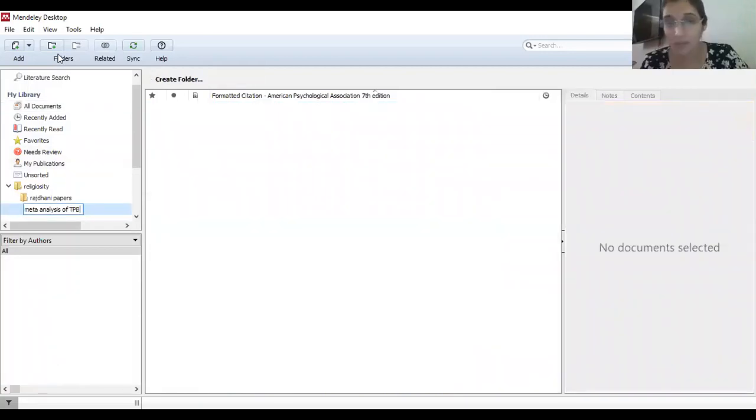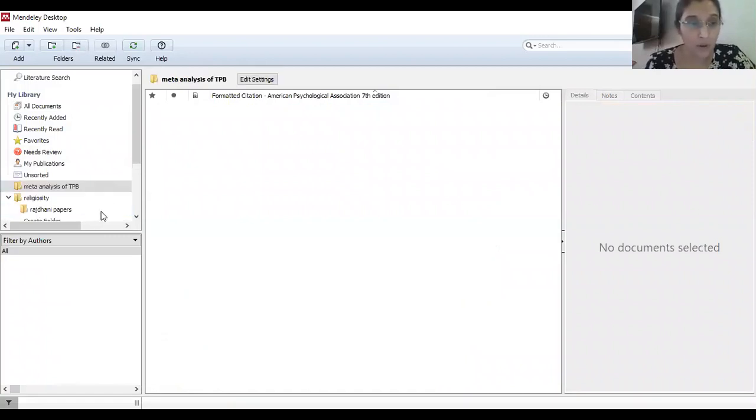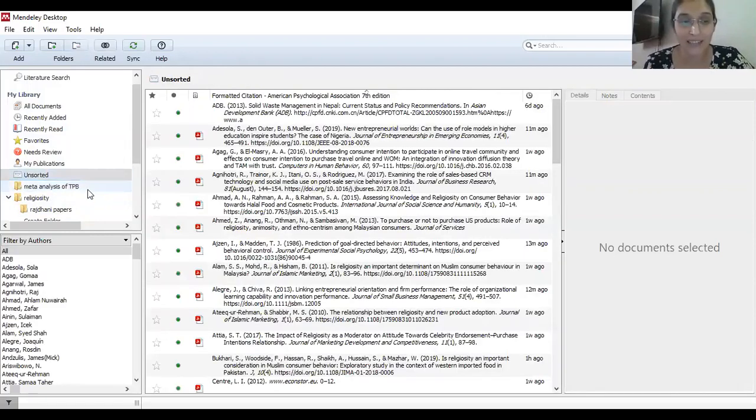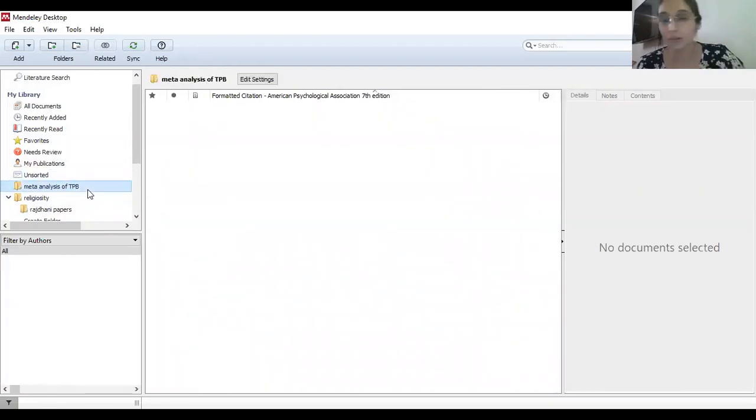Logical will get mixed. So I make this folder. It is named meta-analysis of TPB. Can you see the folder? Can you see how I created it? Can you all create a folder, please? Yes, please, everyone create a new folder. Okay, please create a new folder, and to this new folder,